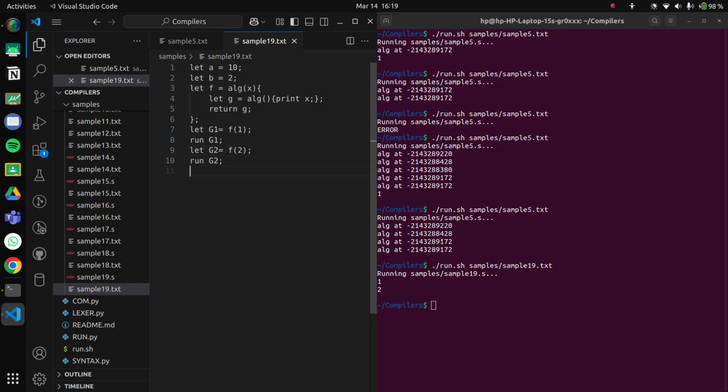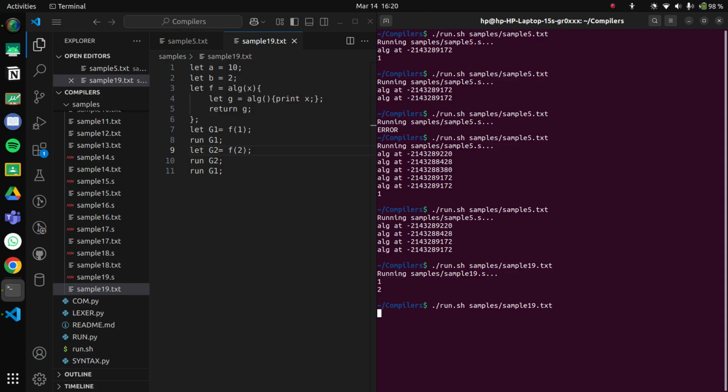Yeah, so if I run this again, you'll see that since x was overwritten, it's not going to print 1, it's going to print 2. So you have to be careful about all of this. You can't use it to generate functions. You can only use it for, you know,